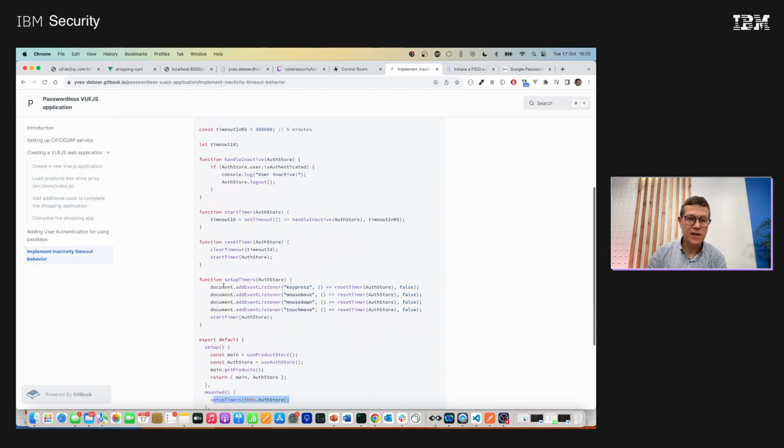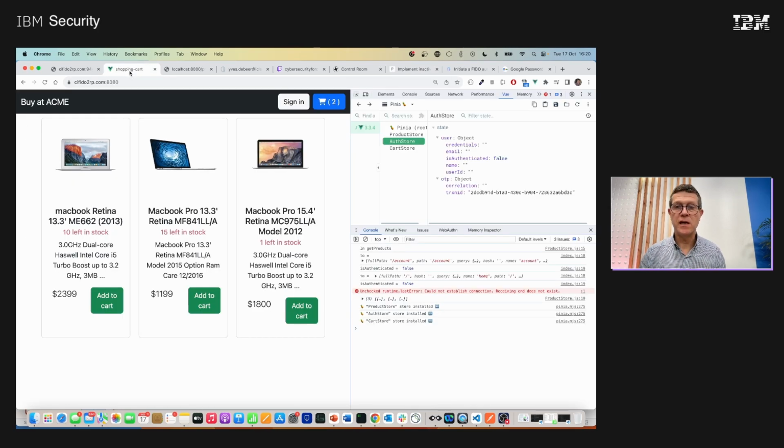So if you're active, it will monitor key presses, mouse moves, touch moves. If you're not accessing the page for 5 minutes, it will make it inactive, and it will in fact call a function of our auth store library, just do a logout, meaning that everything is cleared, you're no longer authenticated. So that's a lot, I would say, if you're not familiar with Vue.js, but like I said, maybe we need an additional session to